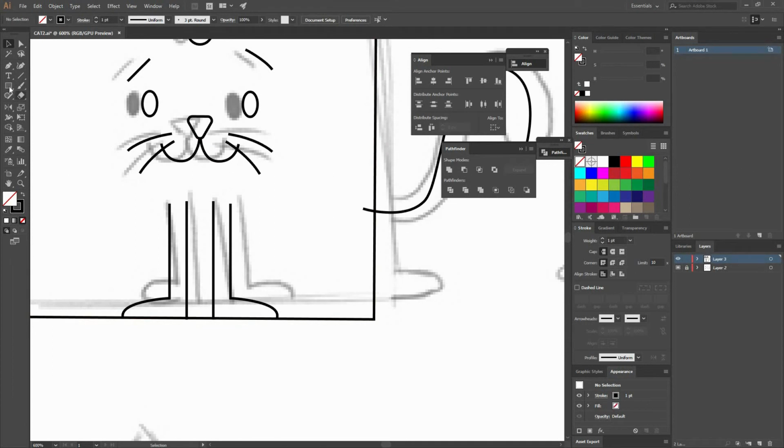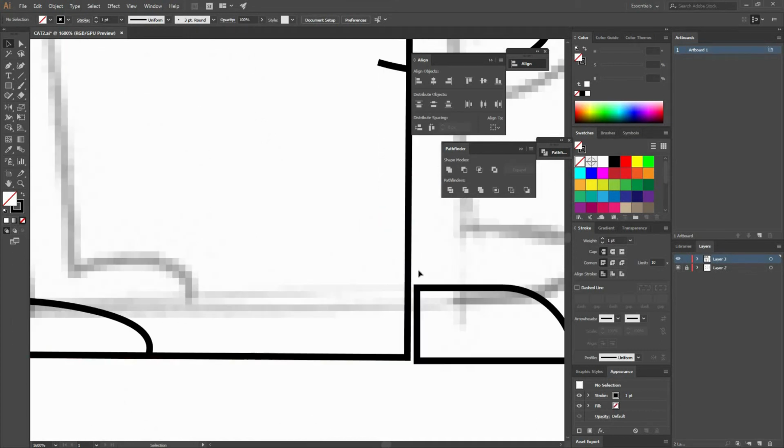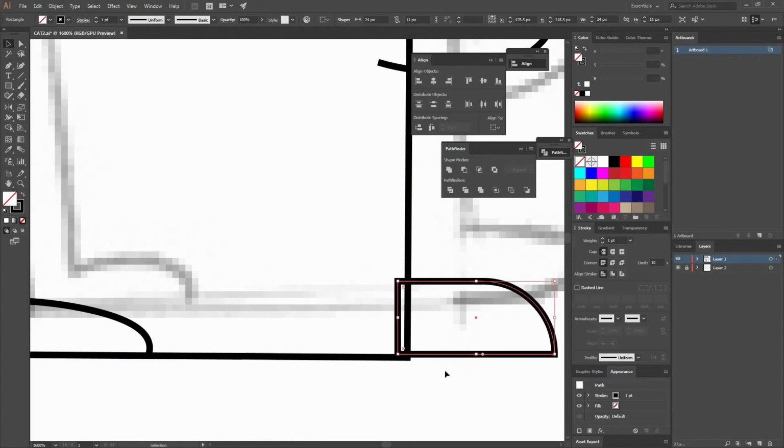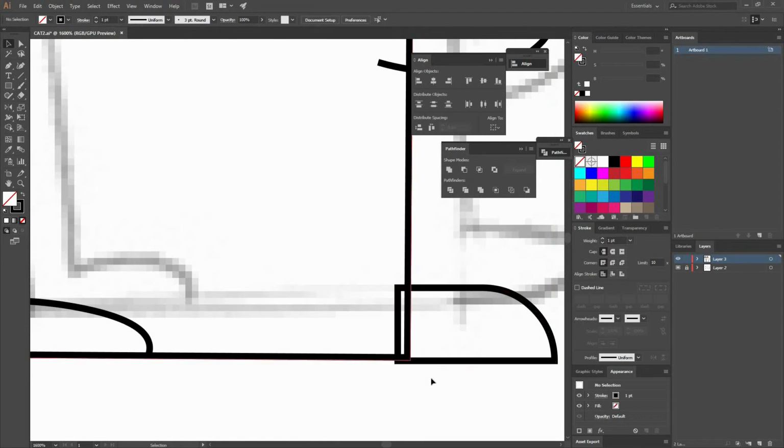Then I'm going to do little rectangles, place them right there. Then go to one of the corners and round it, and make sure that they have the same distance. So I'm going to select both of them, and align them to the object, and make the distribute spacing 0. And you can see here that this is not aligning properly, so I can try to do it manually. And sometimes Illustrator has this problem because it's not letting me align it properly.